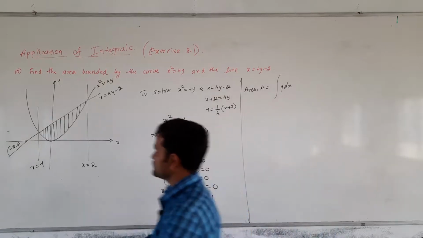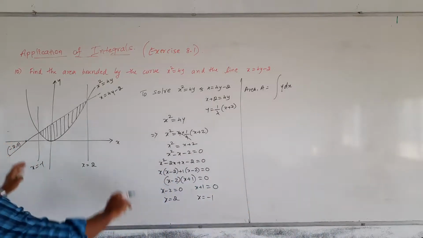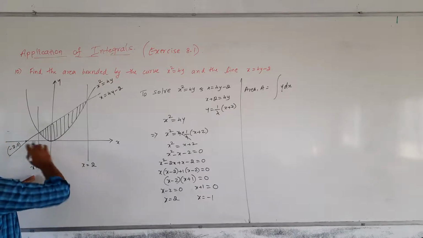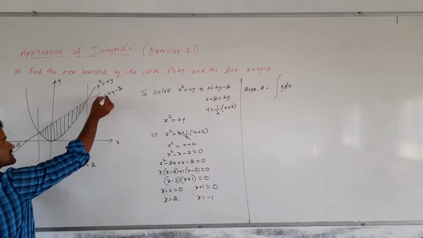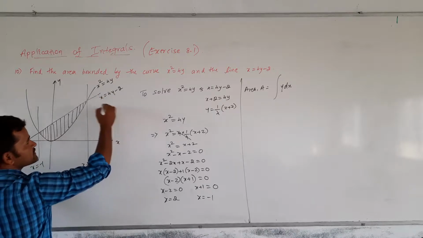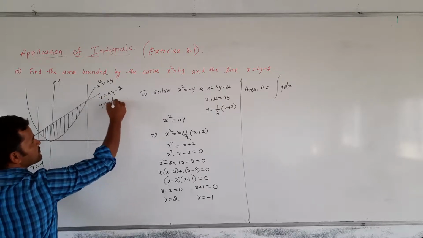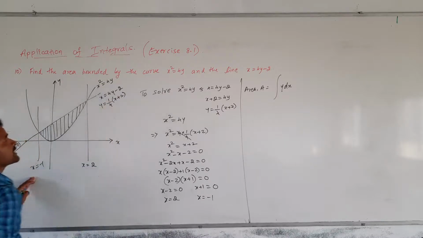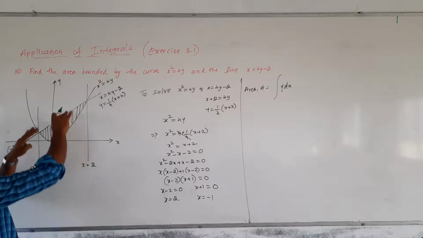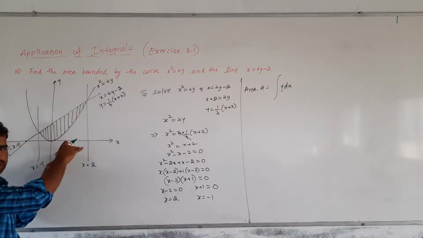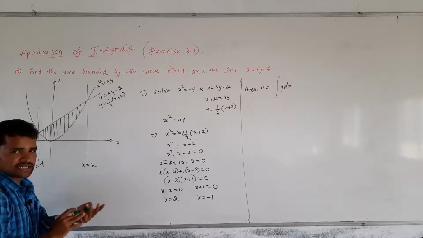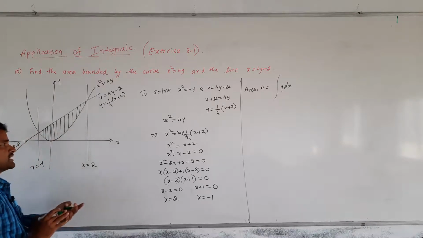Okay, now here you see, from the line x is equal to minus 1 to x is equal to 2, what I do? I will integrate on the upper curve first. This is upper curve is, let me separate for y. There I have separated. This is y is equal to 1 by 4 into x plus 2. I will integrate on this line first. What it gives us? It gives me area of the x axis complete. This is included shaded and unshaded. Both area it is included.